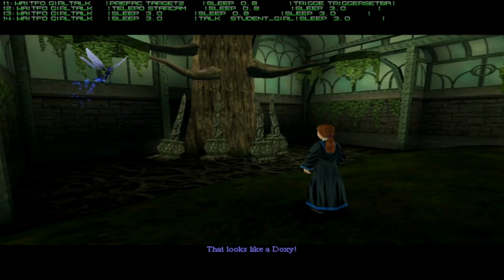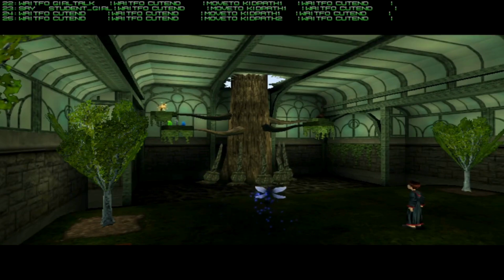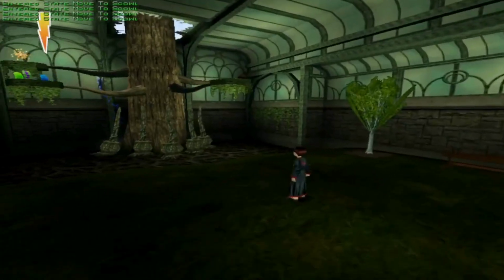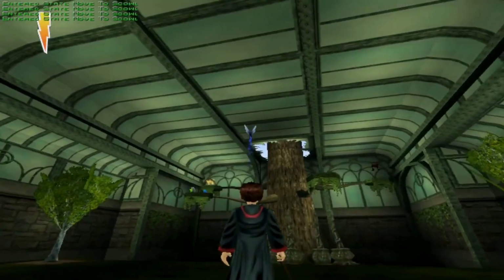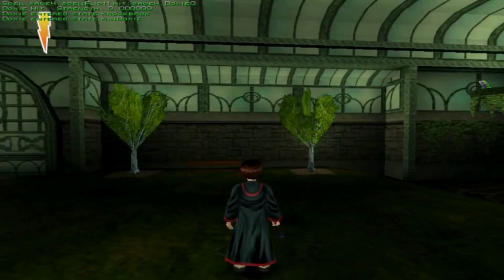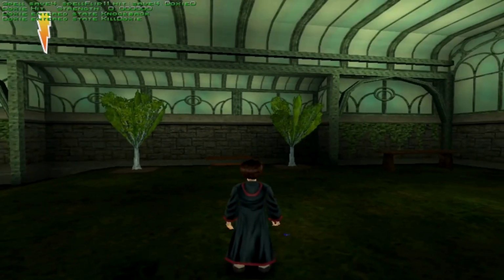That looks like a doxy. Ouch! So there's a doxy that appears from behind this tree that attacks Harry and another student. So we'll go ahead and stun that, and then as you can see, there's 4 trees